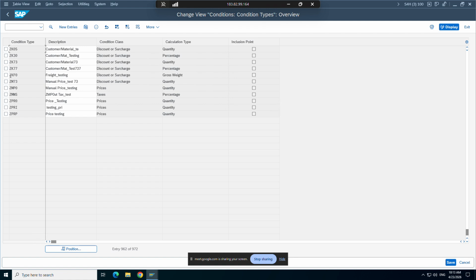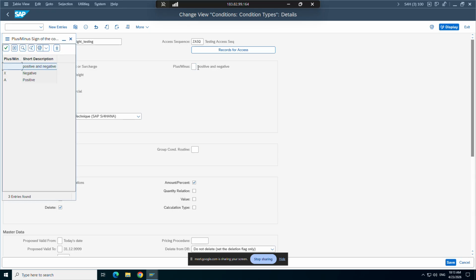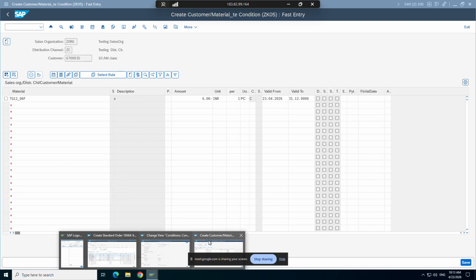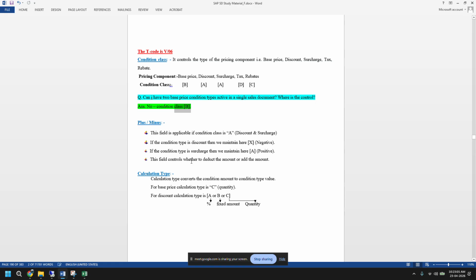ZKF0. See, we have not maintained anything, positive or negative. You can maintain positive, which means it will always take positive only. You cannot maintain negative in that case. If you don't give anything, you have the control. You can maintain anything, whatever you want in your condition record. Okay. Now,